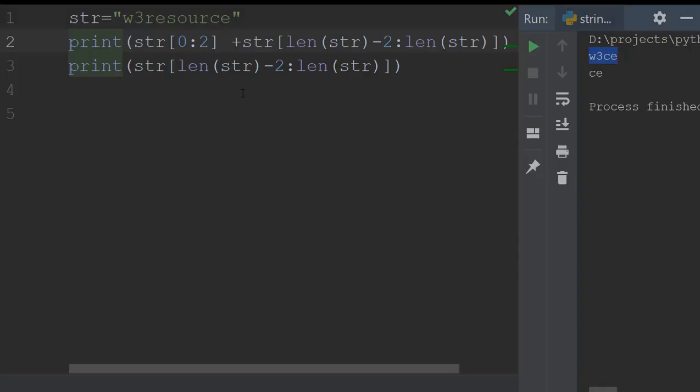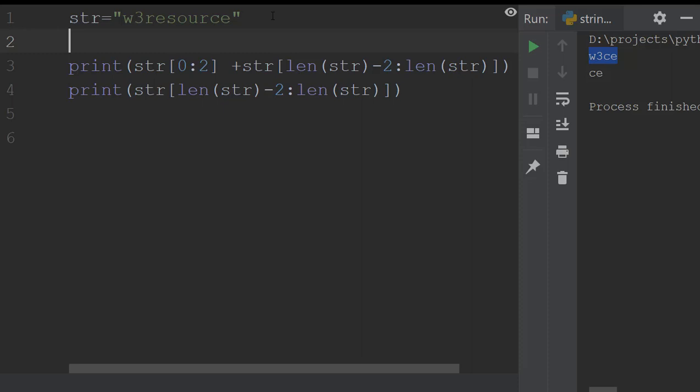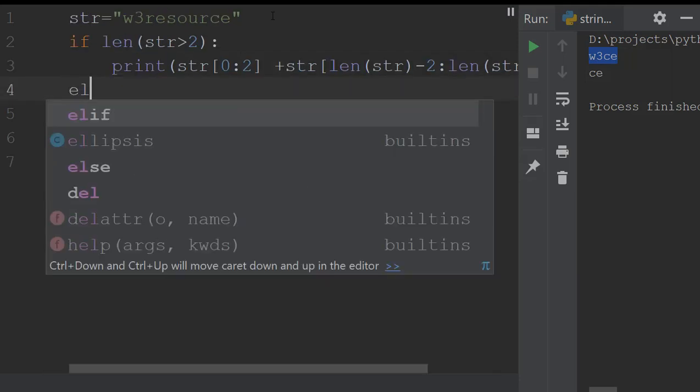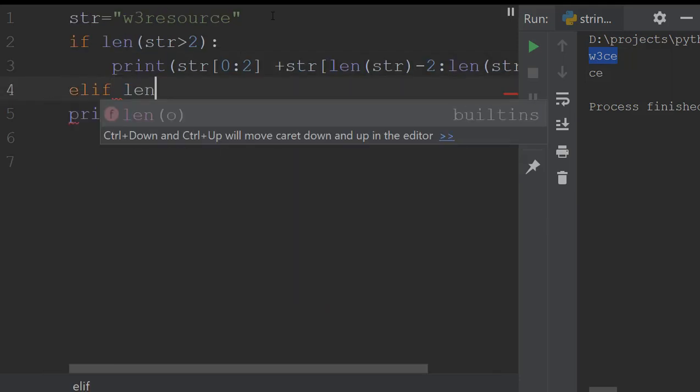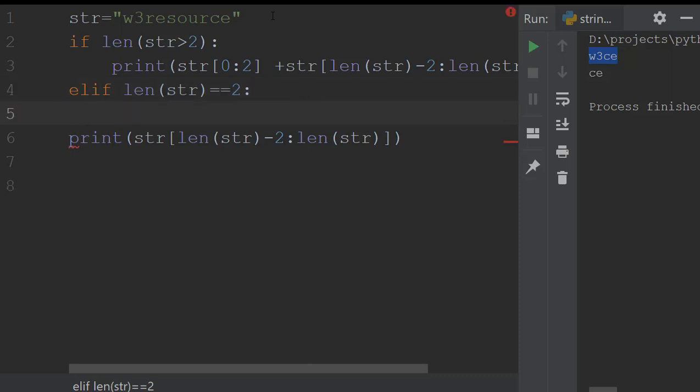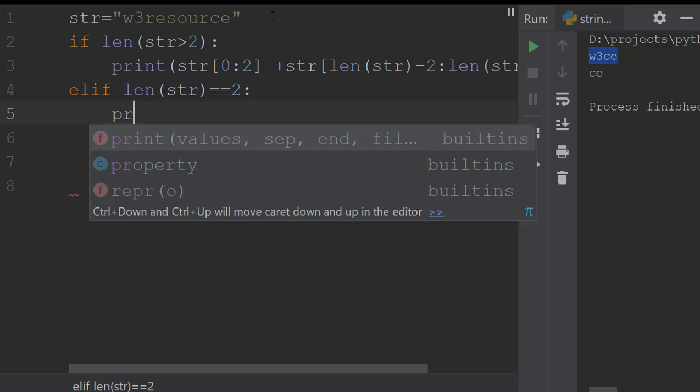So move back to our IDE. This task should be done if the length of a string is more than 2, then we can do this. Okay, otherwise if the length of this str is equal to 2, then what we need to do, we need to simply print the string twice.